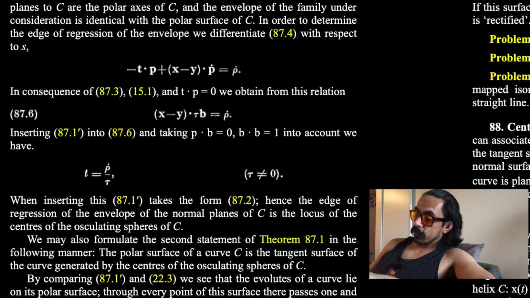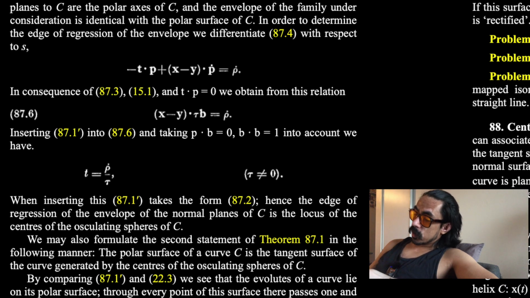In consequence of the function capital G equals 0 from the beginning of this proof, and from section 86, as we remember, and the formulae of Frenet, and the scalar product of the tangent vector with the principal normal vector, both being unit vectors, being equal to 0, we obtain from this relation